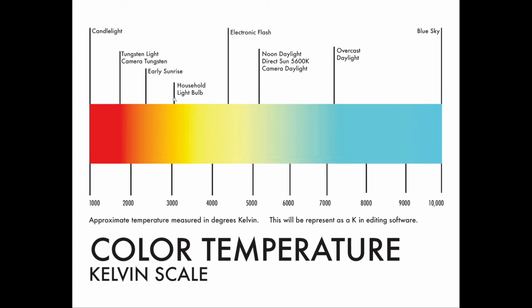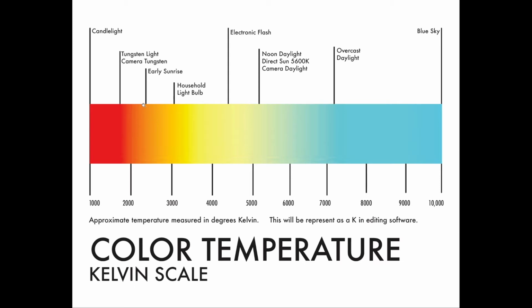And so I just want to go through and talk about what we've been doing and thinking about how that relates to some of our white balance color settings. If you see here, you've got this orange side of things. So I've got candlelight, early sunrise, household light bulb. And so I start to think about those things where, if you wake up really, really early and you think about what the color outside of your house looks like on a clear early morning sunrise, it's going to be in that